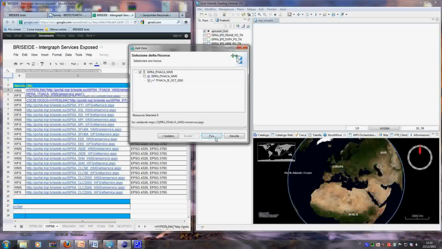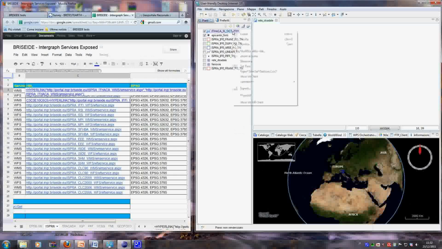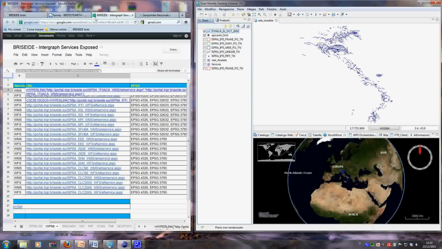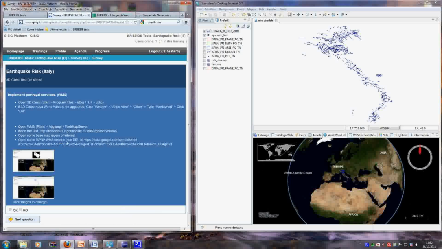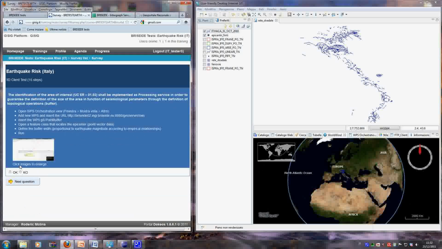Okay, it seems it is okay. Let's zoom on layer, and it's okay. So I can put an OK here